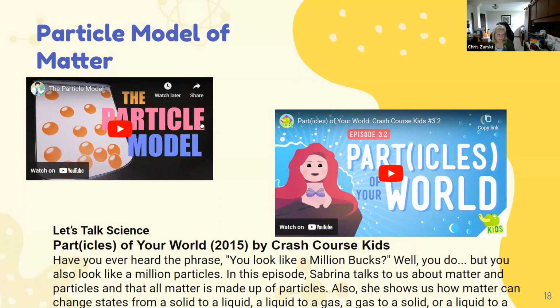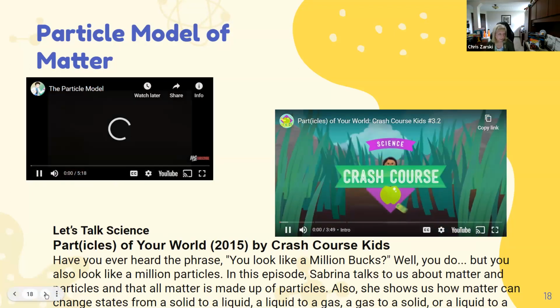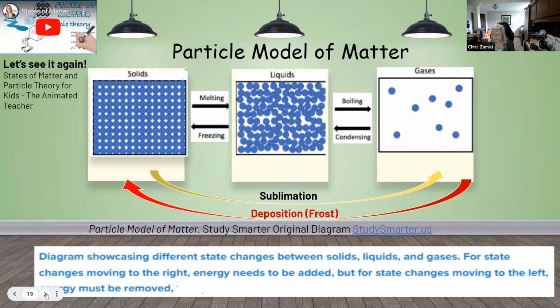Particle model of matter. So these are lots of videos, but again, we said to the grade 5 teachers, this one here in particular is great. It's actually written for older students, and it's done by a university professor, but he does such a great job of just showing how the particles are going to change within matter to reflect the different states, and makes it very real. And I think that's going to be really important for students to see that. So I would start with this one, maybe go to this one. You could ask them questions again, make sure that they understand it, but that's very much where you're going, because that's exactly what your references are in your curriculum as well.